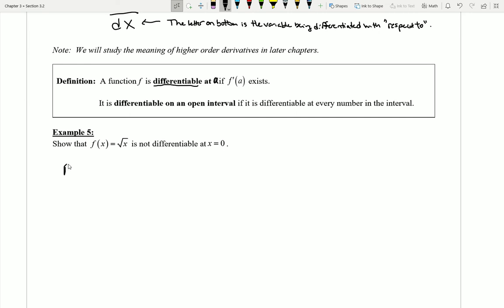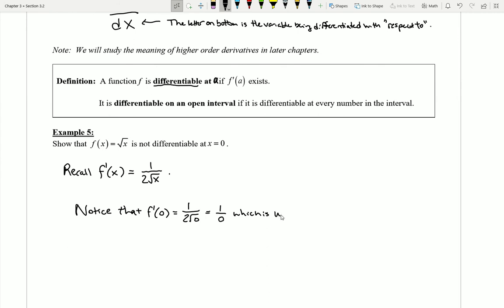Now, we may recall that we actually already found the derivative of the square root of x. We did that all the way back in example 1. And if you were to go back and take a look at it, you should be able to confirm that we ended up with the result of 1 over 2 square root of x. So we should be able to immediately conclude that, wait a minute, plugging in 0 here would definitely be really bad. Notice that f prime of 0 is going to be 1 over 2 times the square root of 0, which would be 1 over 0,